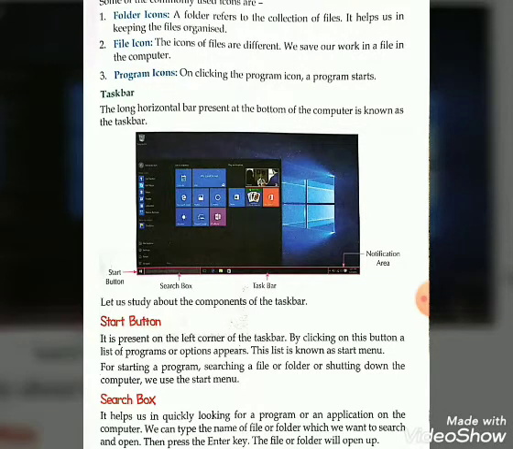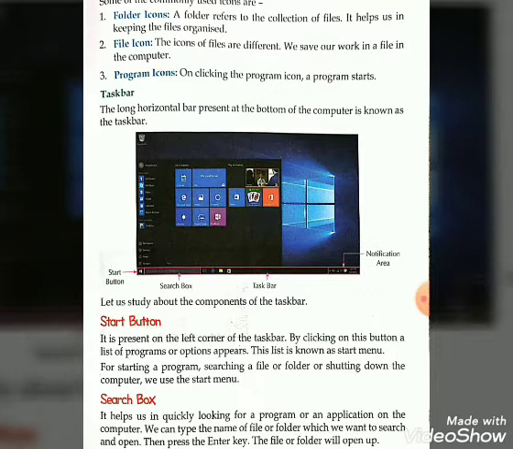It will give you a very quick response. If you search anything, it helps us quickly look for a program or an application on the computer.